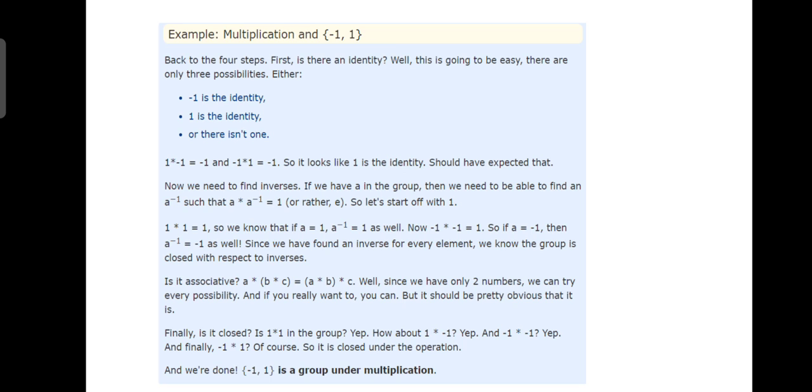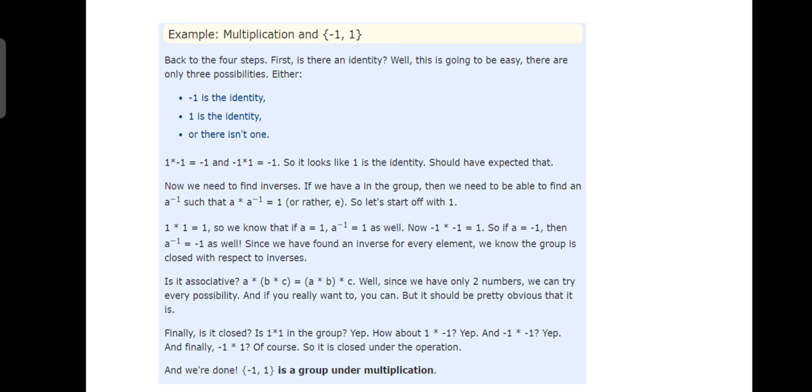And next property is associative property. In associative property, we need to take three elements and show that in whichever order we combine these elements, the resultant will be the same. Since there are two numbers, vacuously, it is always true. We don't need to show that. Next thing is existence of identity. Identity here will be 1, as if we multiply 1 with minus 1 we get minus 1, and if we multiply 1 with 1 we get 1. So when multiplying 1 with any number of the set, we are getting the number itself. So here we will get our identity as 1.